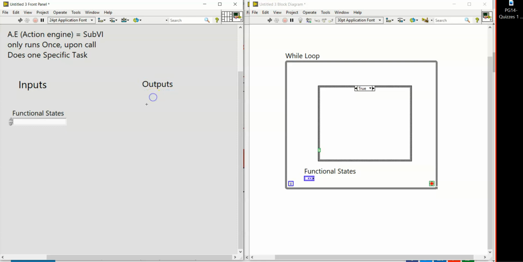So it doesn't get confused by doing other things. You have to design a sub-VI or action engine so that it does one very good job, and only that. It doesn't do other things. So rather than you create a code,